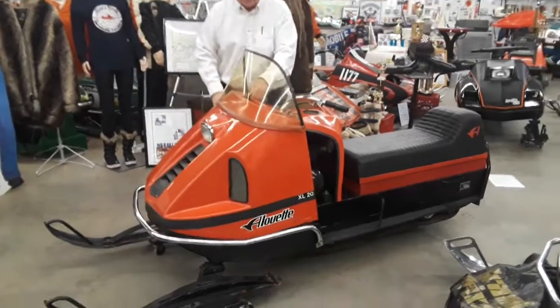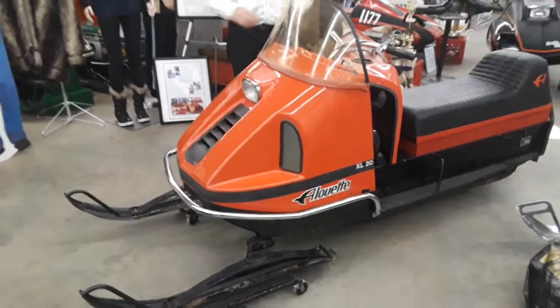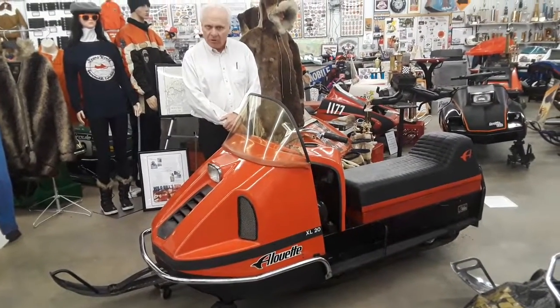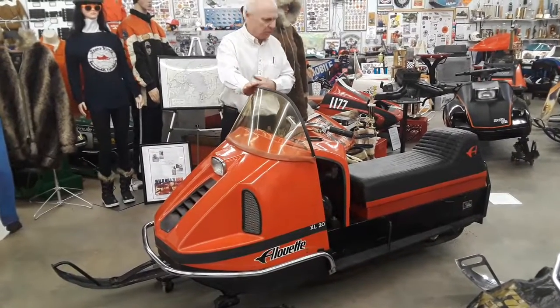No odometer on for me to brag about its low mileage, but just its overall condition. You can tell that this was a machine that was stored indoors, put away, and cared for. A nice original